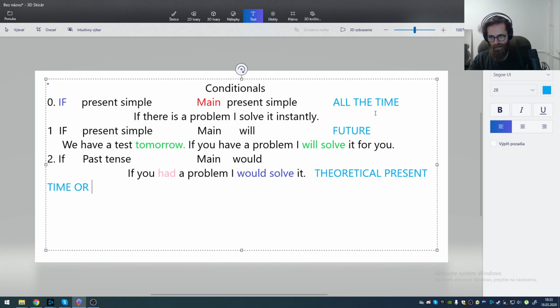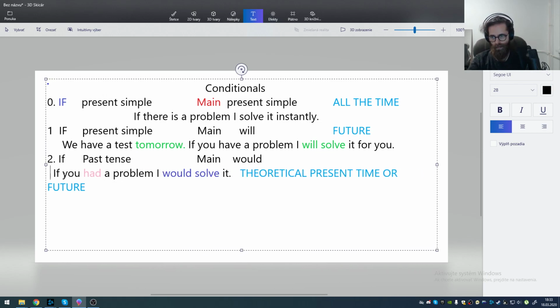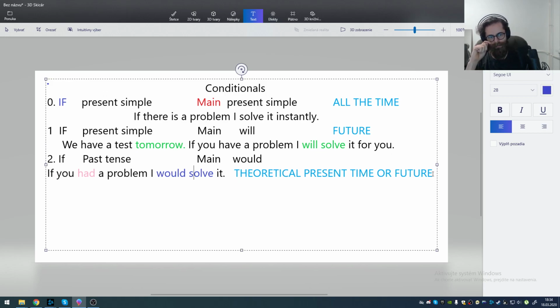Jesus, this typing is terrible. Or future, right? Let me just adjust it like this. Come on, fit in there. That's what I'm talking about. Okay? Definitely nothing related to past. It's just a past tense form, but it doesn't really mean that you are talking about the past. If you had a problem in the future, I would solve it for you in the future, but you don't,